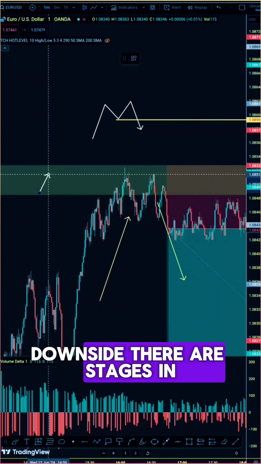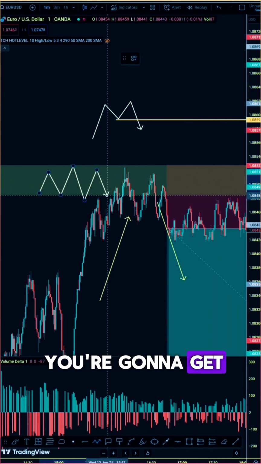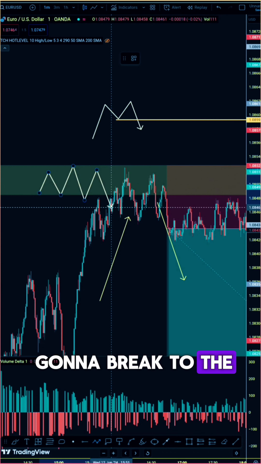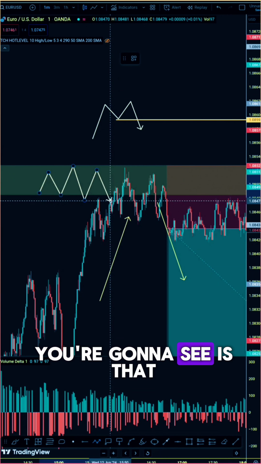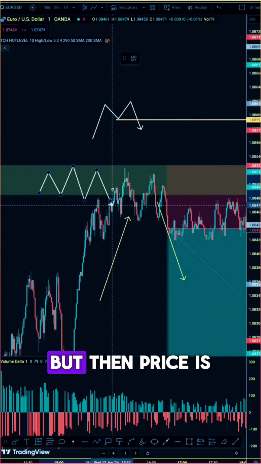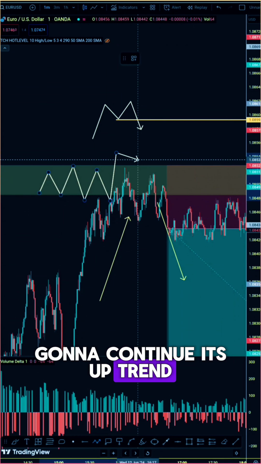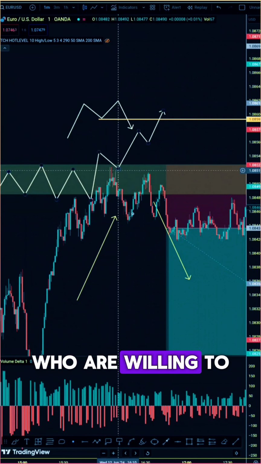market to the downside. At some stages, price is going to get to a level, and this is what you're going to get, and then price is going to break to the downside of this guy right here. It's going to break to the downside, and the next thing you're going to see is that you're thinking the market is going to continue to the downside, but then price is going to continue its uptrend. What volume does is that it tells you the amount of sellers who are willing to take the market to